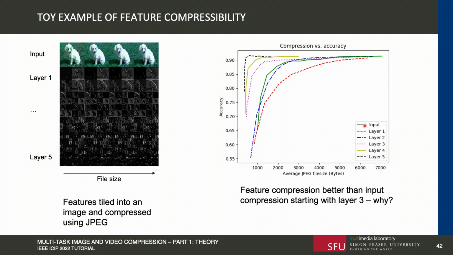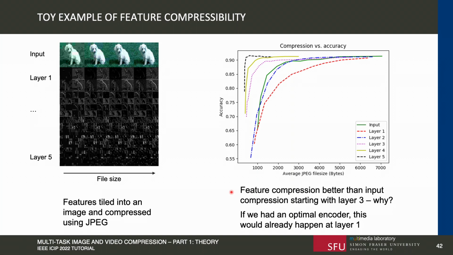That seems not to agree exactly with the theory. Remember, theory predicted that each layer is more compressible than the input. So why is that? And the answer is quite simple. We are using a suboptimal codec, right? Remember that theory talks about the limits, in other words, kind of assumes using optimal codecs. We know that JPEG is suboptimal even for input images for which it was intended, and it's certainly a lot more suboptimal for encoding intermediate features like this. So it's the fact that we're using a suboptimal codec that we don't see exactly the behavior that the theory